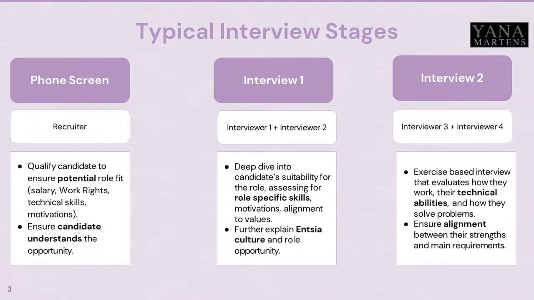A lot of people we see are trying to get all the information they want out of the first discussion. So what you're trying to ascertain is whether there is potential in discussing this candidate, but also, do they qualify for the role? Do they have working rights? If you're not sponsoring and you need this person to have work rights, do they have them? Do their salary expectations meet yours? If you need them to be located in a certain area, is that working? What sort of notice period do they have?